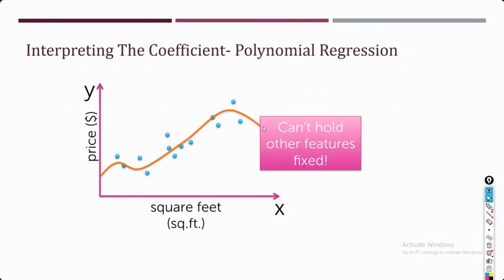Suppose we have one feature x, and we have extended it to x square, x to the power 3. This way we have extended our feature. Now I can't fix x, because if I fix it, this is also going to affect x square and x cube, because these we have formulated from x. So in polynomial regression, there is some dependency between the features and the feature you are selecting, meaning the other features depend on it. That's why we can't perform this interpretation in polynomial regression. We can't fix the feature, because other features are possibly dependent on the selected one.